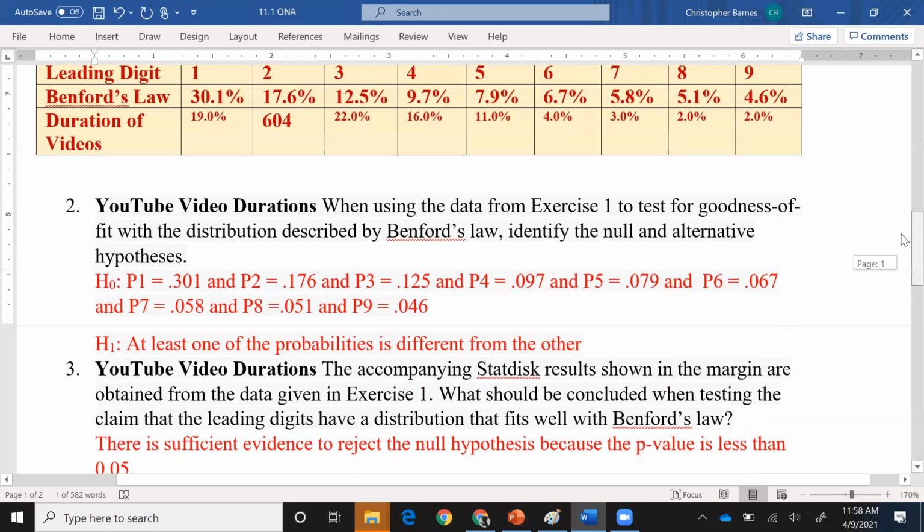It's very long, especially when you're doing it with text like this. I think if we shrink it down, it might look a little better. But we're saying with the null hypothesis that we expect piece of one to match the 30.1% predicted by Benford's law. The second category is going to equal the 17.6% of Benford's law. The third category, and so on, right? And that's why a better understanding of what Benford's law is, is important.